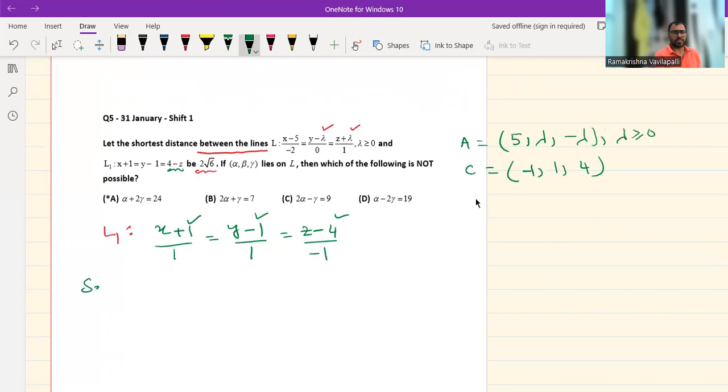So shortest distance equal to 2 root 6 equal to again modulus of, so x2 minus x1 minus 6, y2 minus y1 1 minus lambda, z2 minus z1 4 plus lambda by DRS of first line minus 2 0 1, DRS of second line 1 1 minus 1 whole by